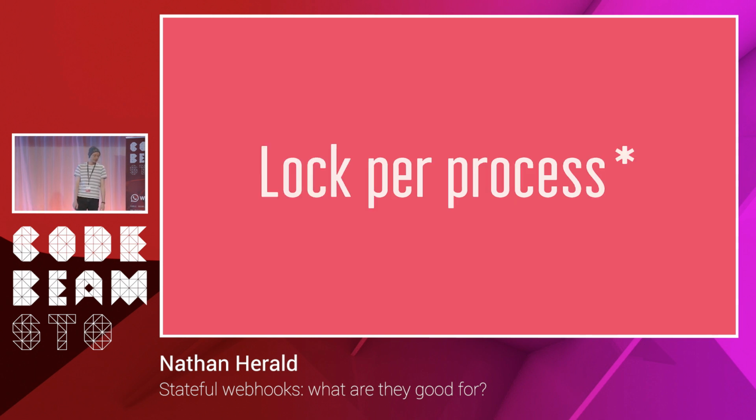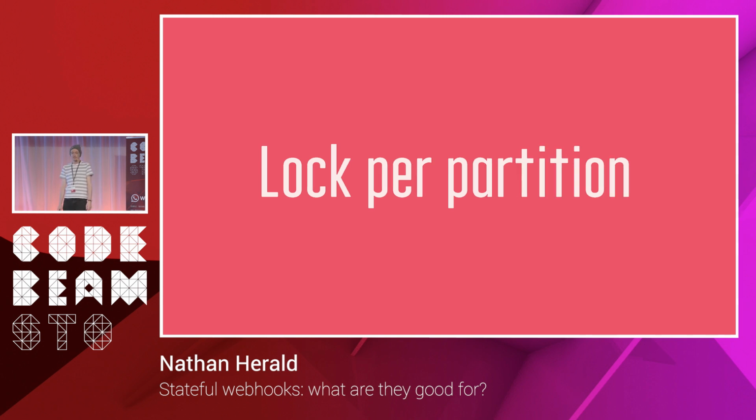And right now, it actually acquires a distributed lock per process, which probably doesn't scale, and I don't know. I haven't tested how scalable it is, but it would be easy to change it to be a lock per partition, which is, if you went to the Forgets talk yesterday, he talked about how they do partitioning and stuff like that. That's what everybody does, and people who have partition maps a lot of times use Zookeeper to maintain it. So this isn't crazy to talk about.